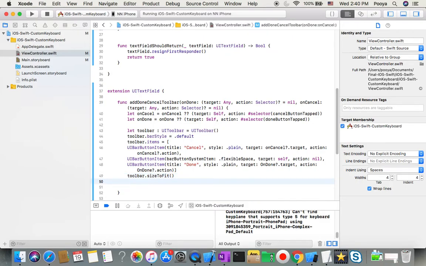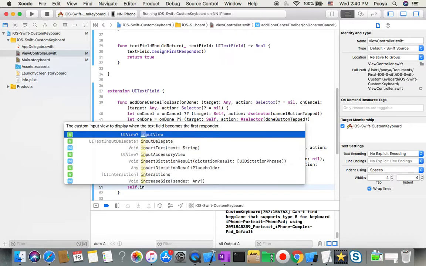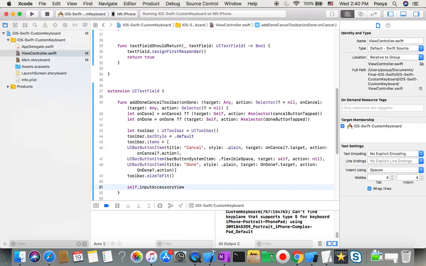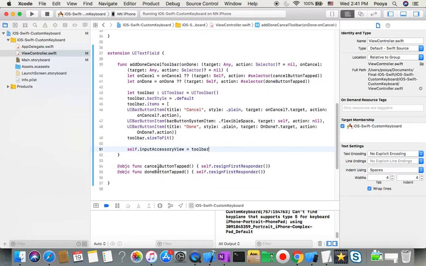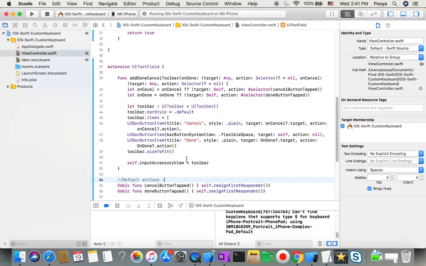and at the end I just say self dot input axis view equal toolbar. Okay, so here we go, and I just add here default actions. Okay,